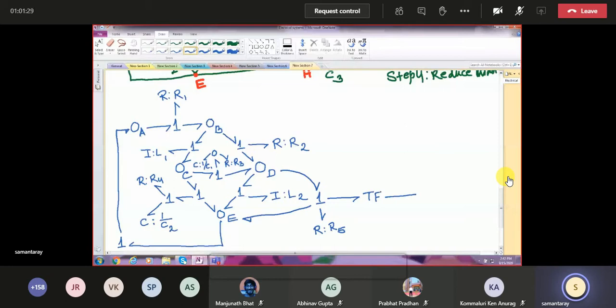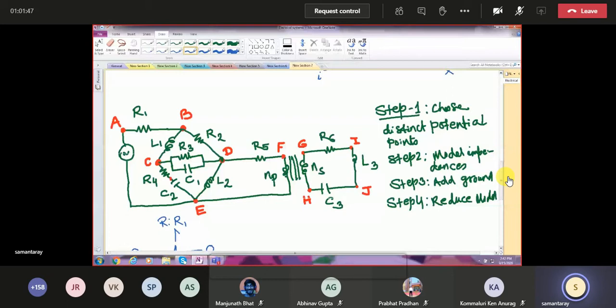Look at this carefully. It is R5 in series with the transformer. So the same current passes through R5 and the transformer, and the potential difference is the potential at D minus the potential at E. You can include this point F, or you may not include it. It's very simple, so you can draw it straightforward, like we did between C and E. If you include point F, it's all the same thing. You will get the same result. So now we have got the potential difference.